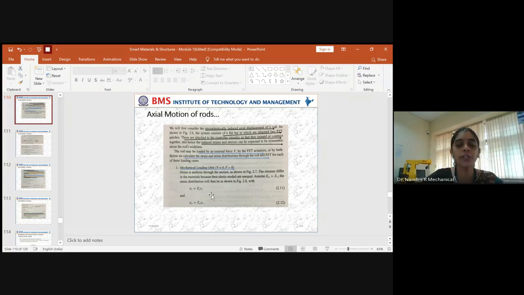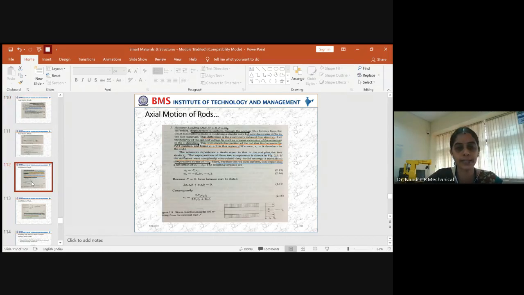For the equation of stress, you should keep two concepts in mind. One is that the elastic moduli will be different for the two materials. Second, the elastic modulus of the piezo element will be more than that of the substrate. Based on that, you will define the normal stress equation in this way for both the substrate as well as the actuator. The rest I will continue in the next class.